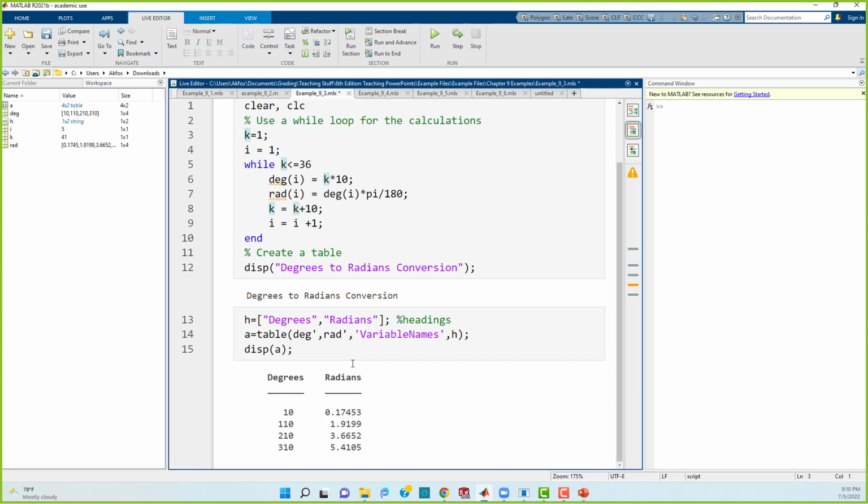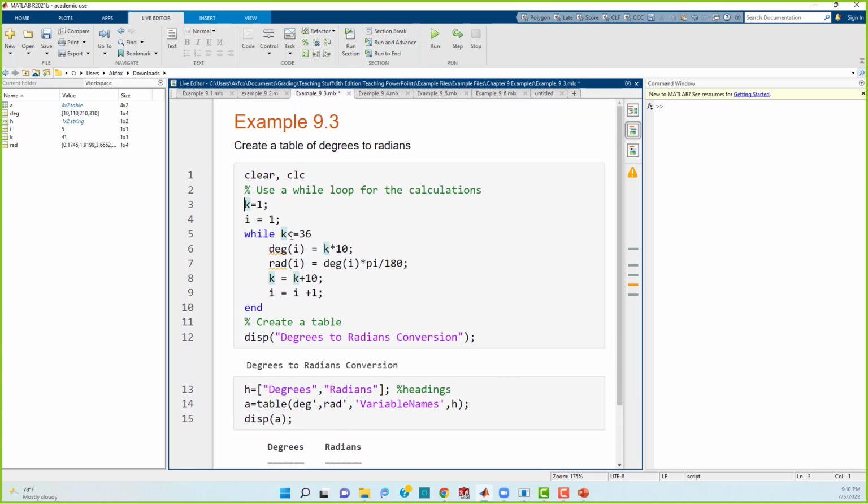But again, the important things on a while loop is you've got to make sure that the condition exists for it to enter the while loop, and that you change whatever the condition is. You've got to change it inside. Because if we commented this out,